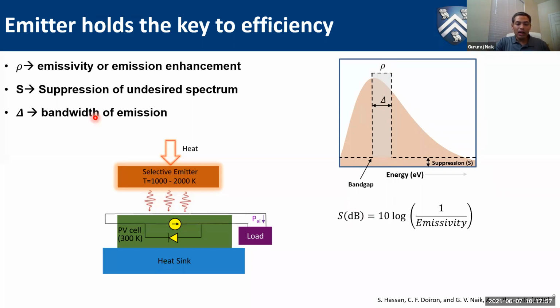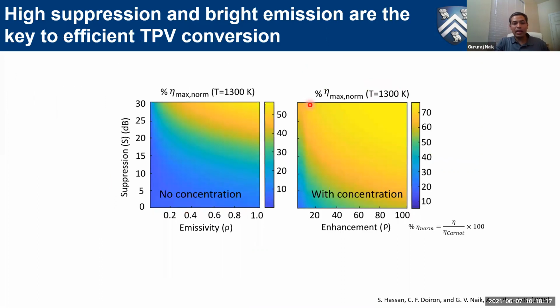So we now build this model, assuming there's a PV cell, which is an ideal PN diode, modeled with some realistic parameters. We also assumed that there is an inevitable phonon band of emission, and some other non-idealities, which happen in devices anyway. And with that, this is the gist of our analysis: we plot the normalized efficiency, which is efficiency normalized to Carnot efficiency. And we chose a temperature of 1300 Kelvin, which is typical for most waste heat recovery systems.